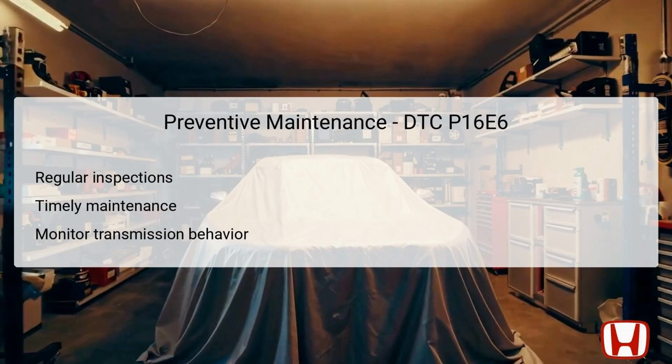Preventive maintenance is essential for mitigating potential issues related to DTC P16E6 in the future. Regular inspections of the transmission range switch and associated wiring should be standard practice during any routine vehicle maintenance check. It's crucial to address any signs of wear or damage immediately to prevent cascading problems that could affect the PCM